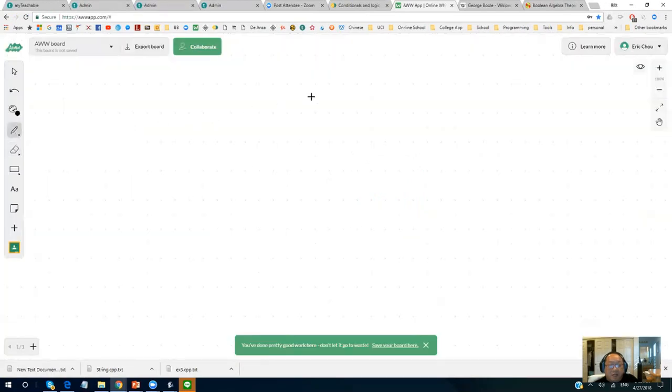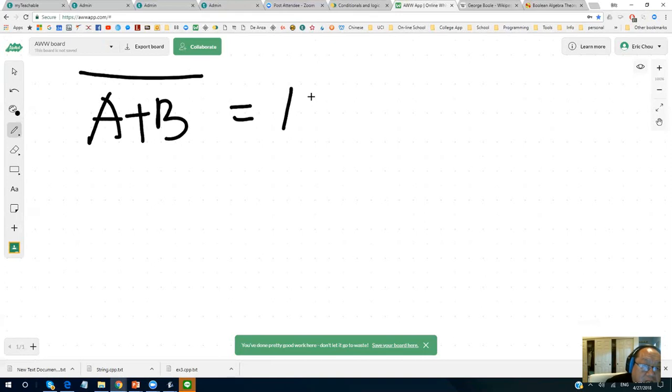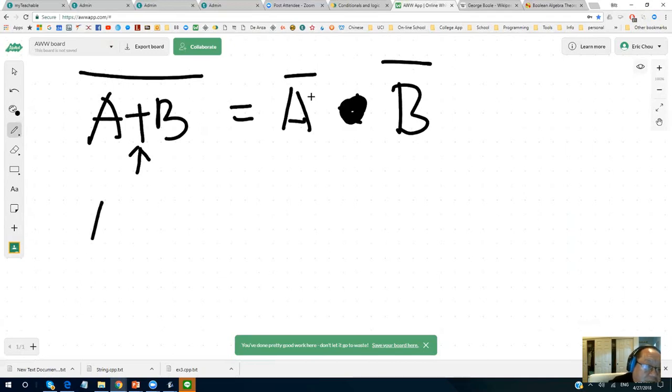De Morgan rule actually is not too difficult. This one equals this times this. So here is plus, and there's a bar. So not (A or B) becomes not A and not B. I'm rich or I'm tall.